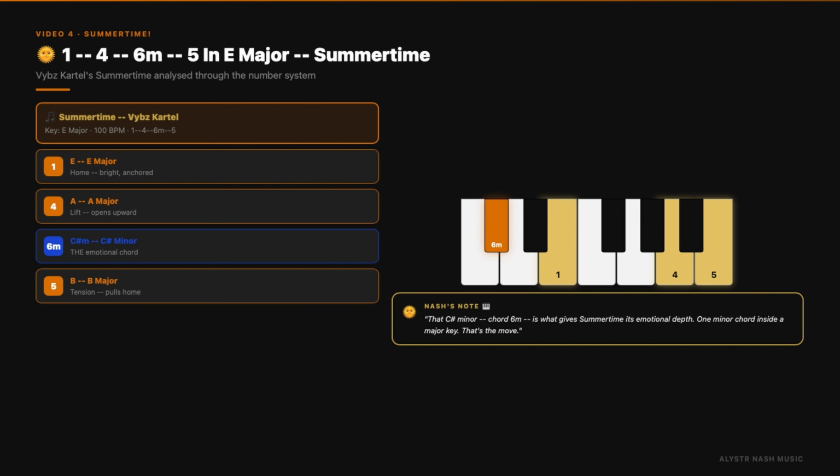Okay? So if we quickly go back to the Summertime Vybz Kartel song and analyze that a bit properly, you've got Summertime, which is in the key of E major and around 100 BPM. The chord progression was a 1, 4, 6, 5. So in E major, you have the 1, which we already mentioned is normally a major, which is the anchor